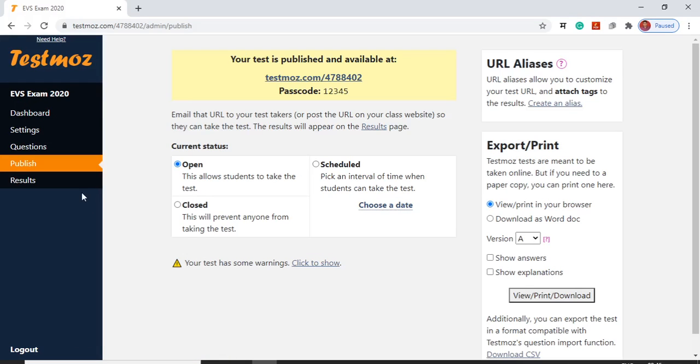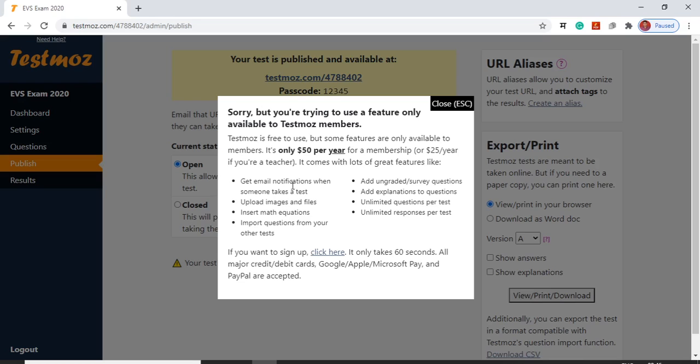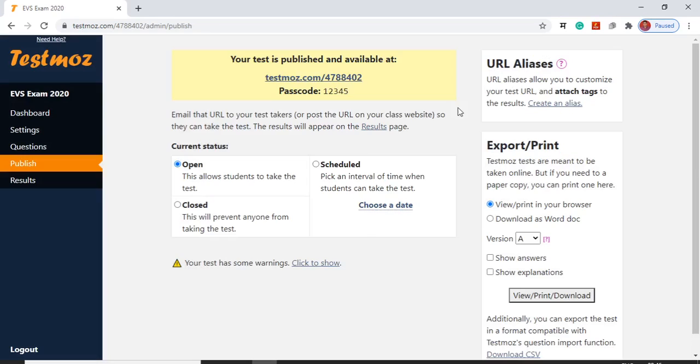Once we click on this publish button, we get this exam URL with the current status. Here are two options, but these are only for premium users. So we will take this exam by clicking this URL.